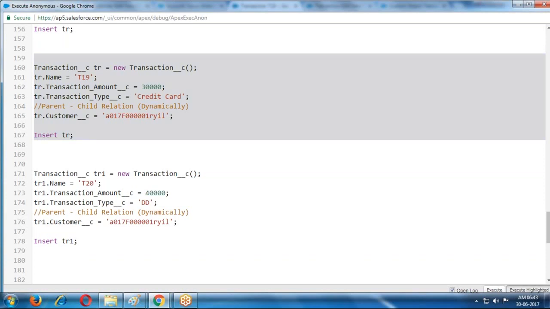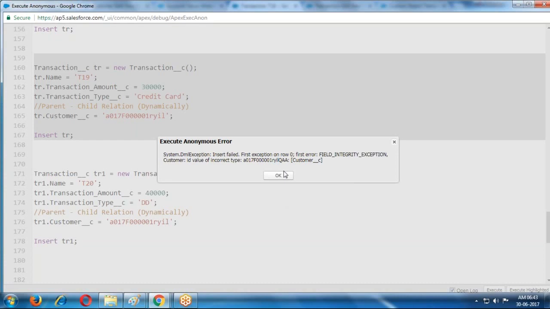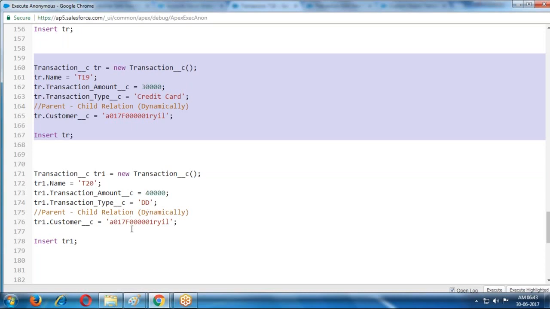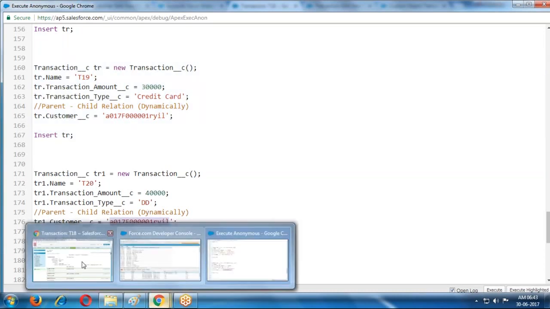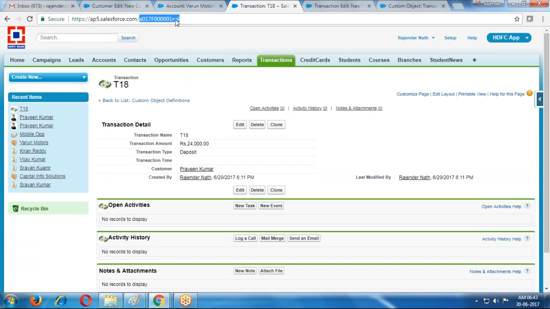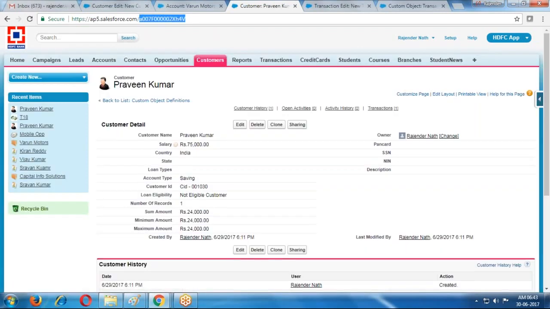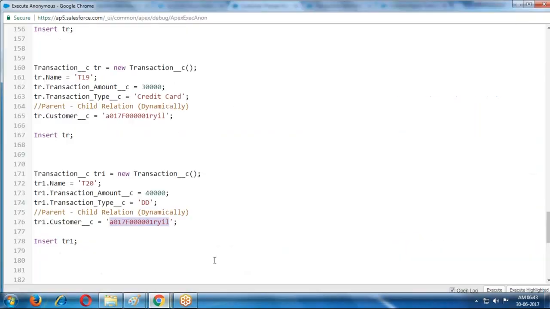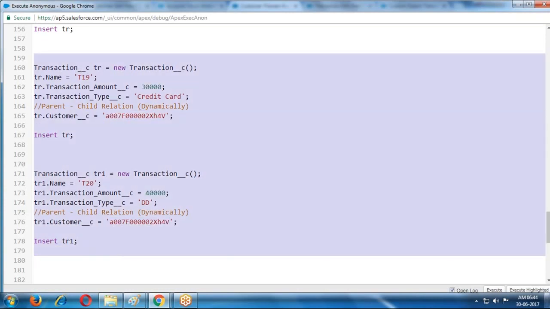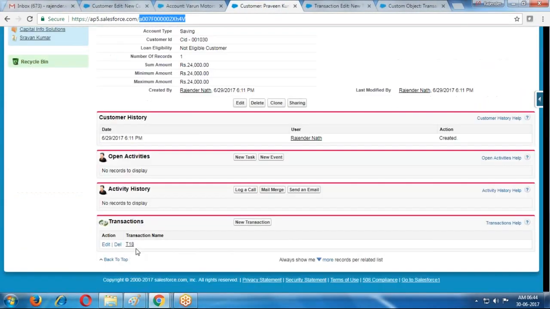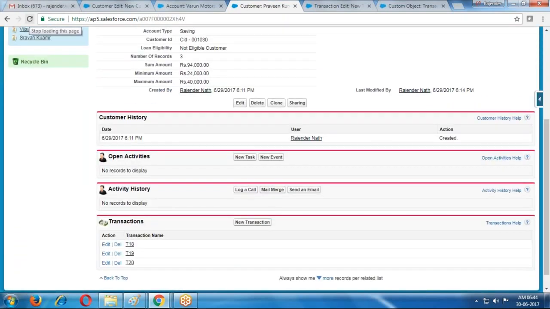Okay, sorry, it is the Transaction object, not the Customer object. I required Praveen Kumar. Two records. For Praveen Kumar, previously it was T18, now T19 and T20. Two more transactions are created.